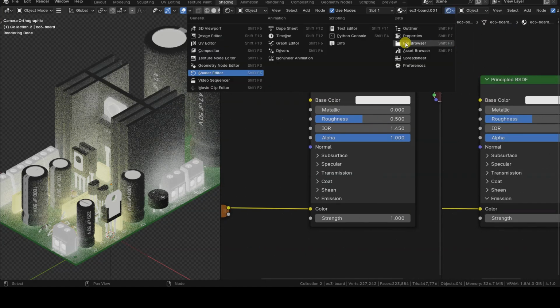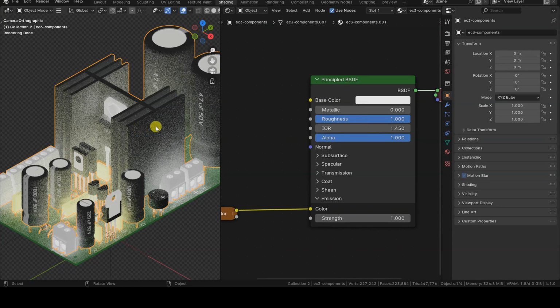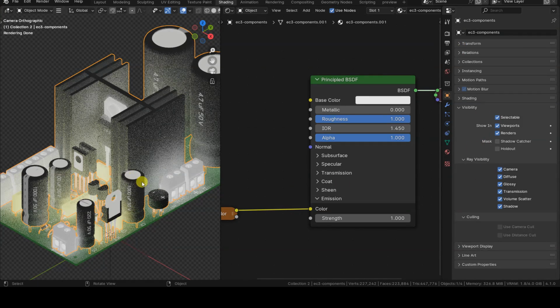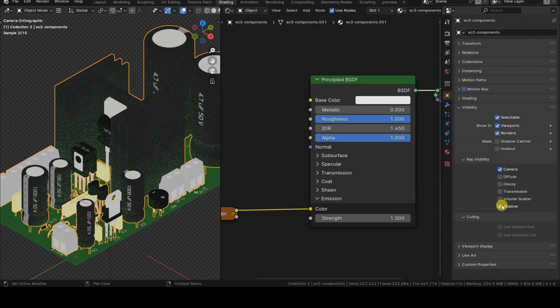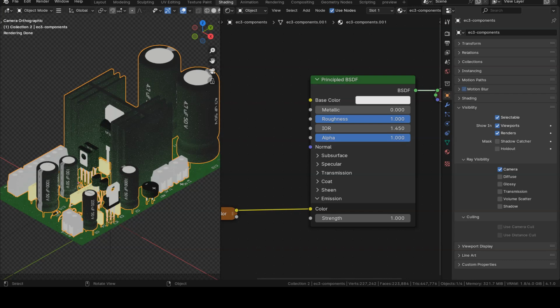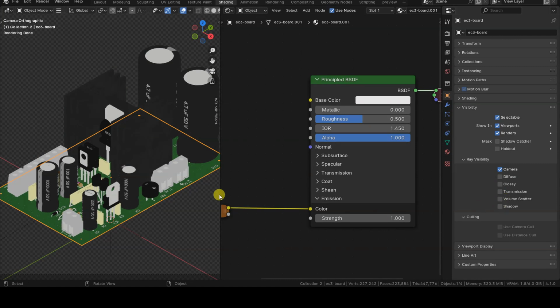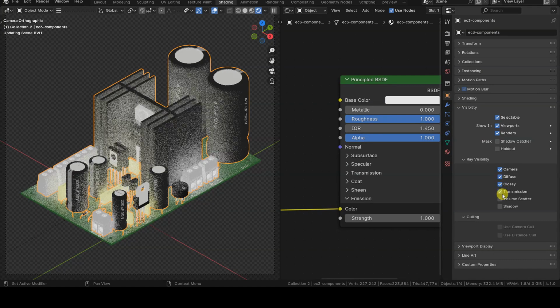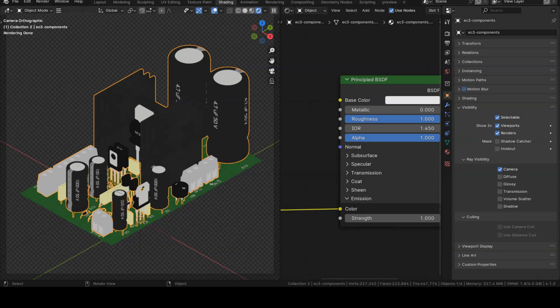Open the Object tab in the Properties editor for one of the objects in the scene and access the Visibility section. In this section, disable all options in the Ray Visibility tab, except for the Camera option. This operation also needs to be performed for all the objects present in the project. This way, the only light rays present in the scene are those emitted from the surface and directed towards the camera, so we will no longer have the annoying color bleeding effects that were visible until a few moments ago.